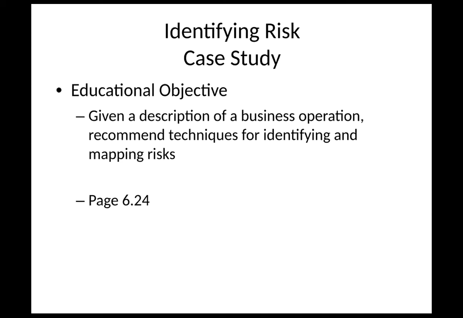And the case facts they provide are that Ann is a new risk manager at Finder Incorporated, a global internet search engine organization, and her predecessor developed a comprehensive insurance program for Finder, including cyber risk, directors and officers, or D&O coverage, and employment practices coverage, in addition to their commercial property and general liability insurance. The chief executive officer, the CFO, and board of directors want Ann to develop a holistic risk management approach. After reviewing Finder's operating environment, Ann initiates the risk management process by identifying Finder's risk. And then it asks, what technique would Ann use